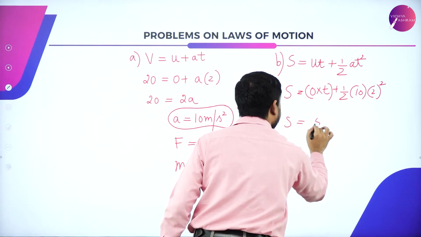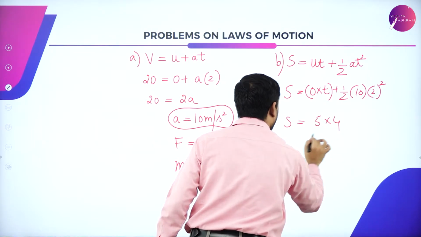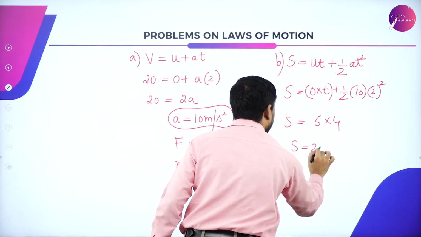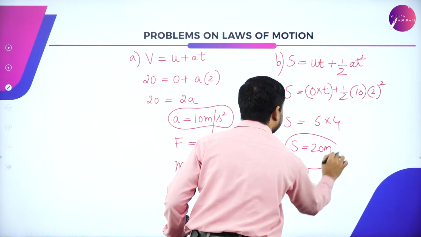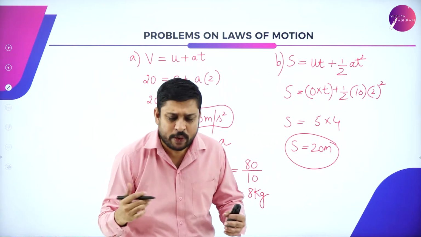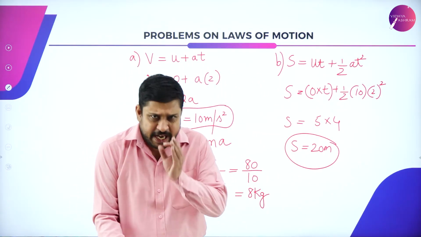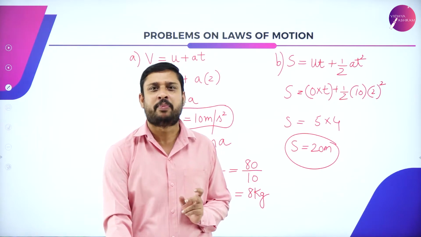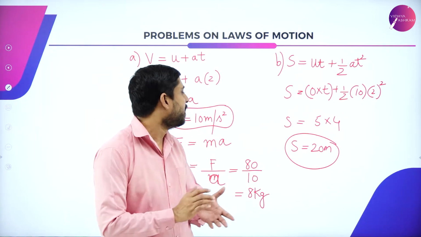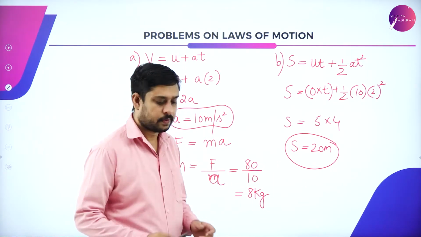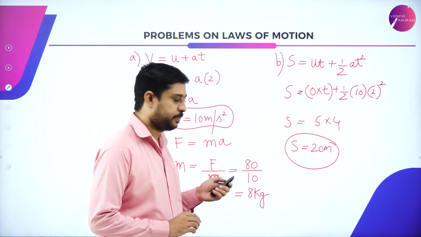So this is 5 into 4, 20 meters. If I know the equations by heart, if I know the substitution properly, not more than 2 minutes to solve such problems. The next one,